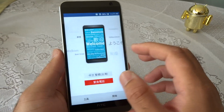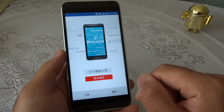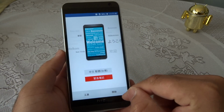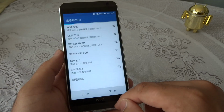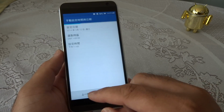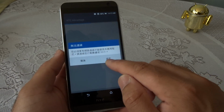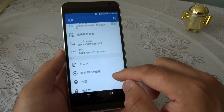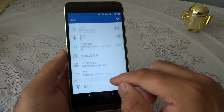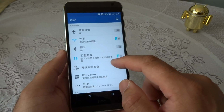So as you can see on the screen, it's all in Chinese or Taiwanese, whatever that is. I'll have to probably use my common sense and see if you can skip most of this. Keep on pressing this. To be honest, I completely can't understand what this is, but I'm assuming that the button on the right hand side is probably the skip button, and I should be able to get through it very, very quickly. Okay, as you can see, the phone has taken me directly into the HTC Sense skin,